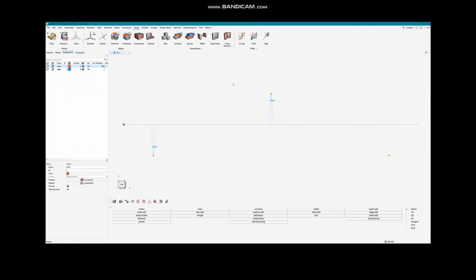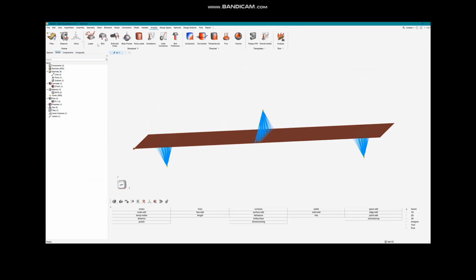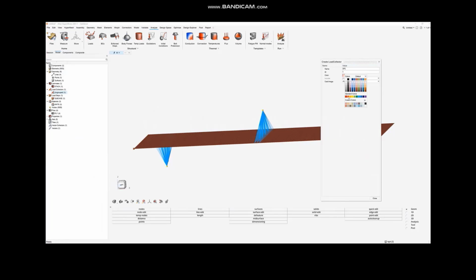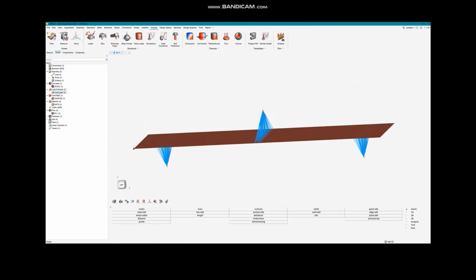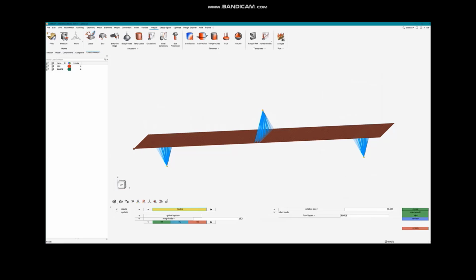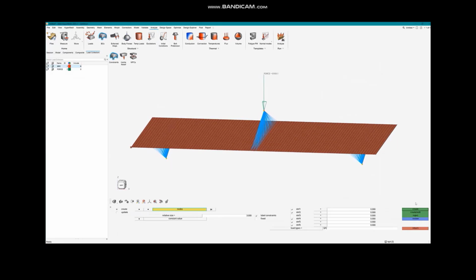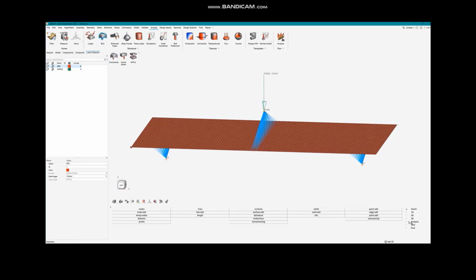It's very useful to have RB2 elements for this setup, because you can adjust the degrees of freedom of every node vertically. Then you can also add your load collectors for the single point constraints, and also for the load. The load, as I already mentioned, is around 8 kilonewtons, and this node must only move into one direction, downwards,